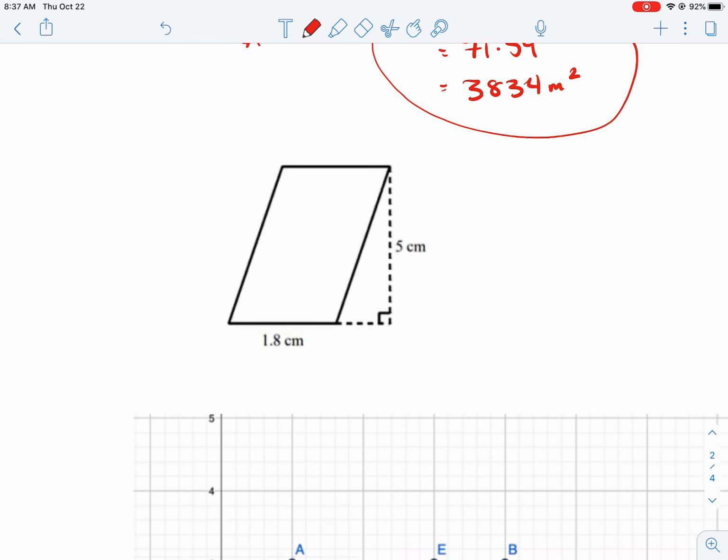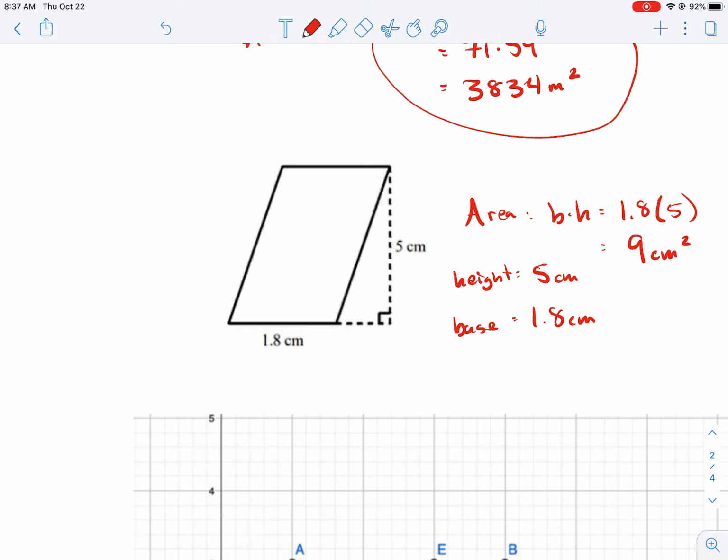So in this guy, let's find the area first. Let's talk about what our height is. Our height is 5 centimeters. Our base is 1.8 centimeters. And so we go base times height, which is 1.8 times 5, which gives me, oh, a nice even number. 9 centimeters squared, right? We have 9